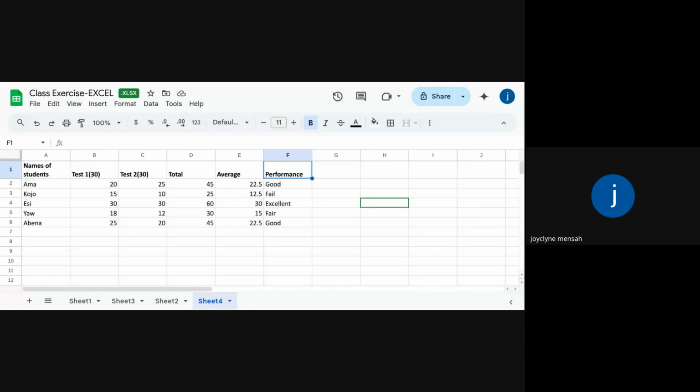Oh, it's a function. I didn't start mine with an equal to, and I didn't get it. Now, when I started with an equal to, I had it. And see, assuming we have